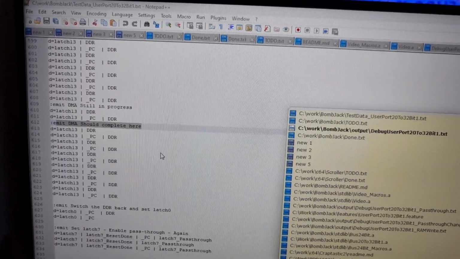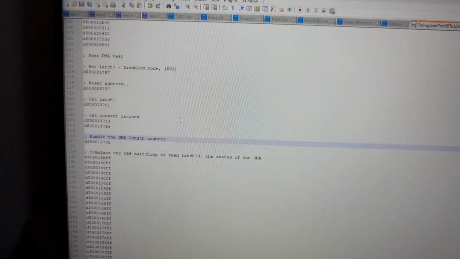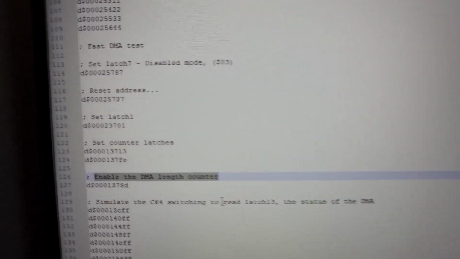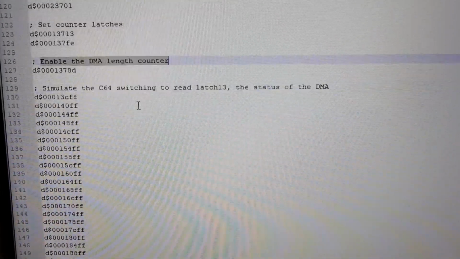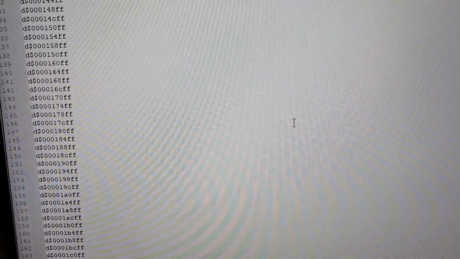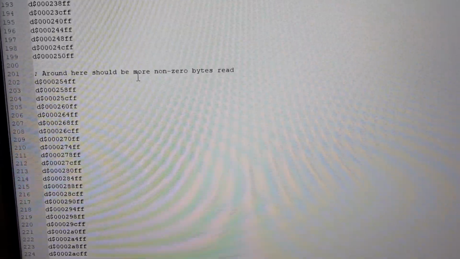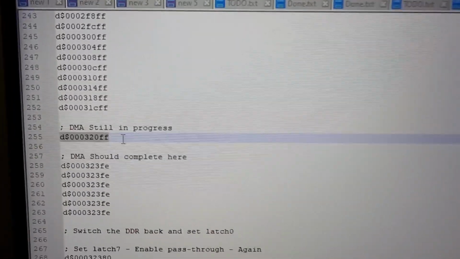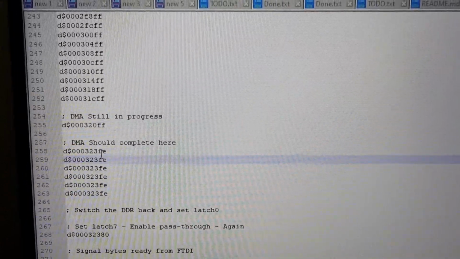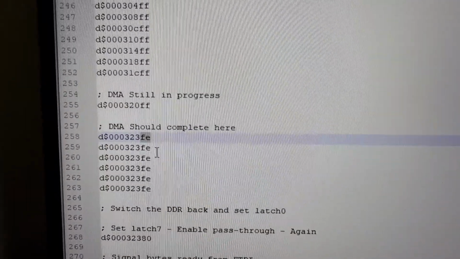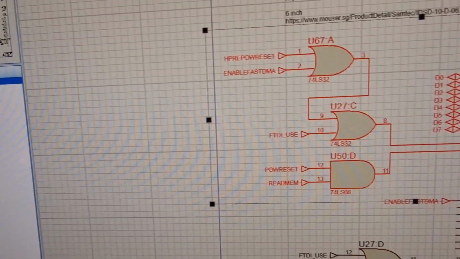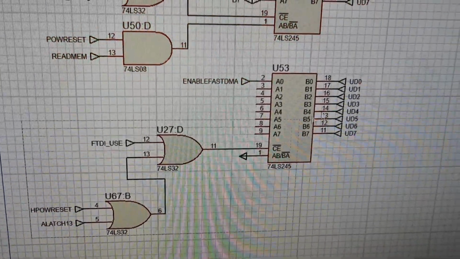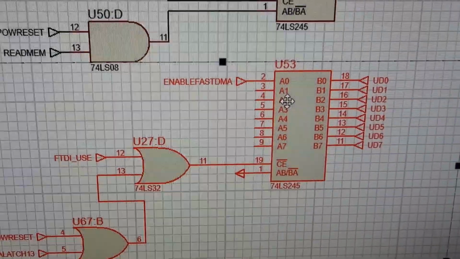So I had a look at the debug output data, which is recorded from the hardware simulation. I have a hardware digital data recorder, and I log all of the data to text files like this. The enable DMA counter, the in-progress DMA transfer, where that register is being read, and then it's still in progress with this read. The next cycle, the read should come back as FE, not 0. And because I was testing for 0 or 1 in the code, this reminded me that the code